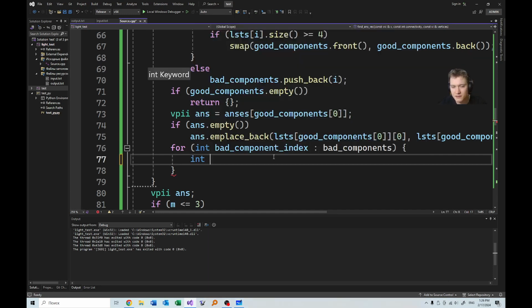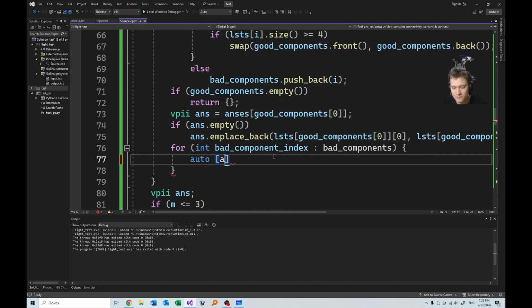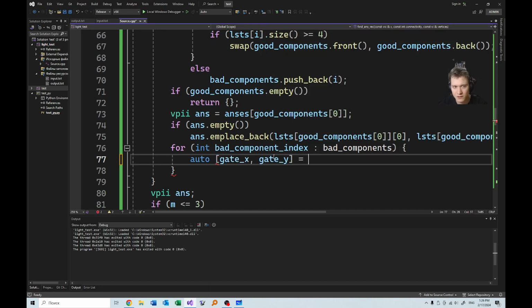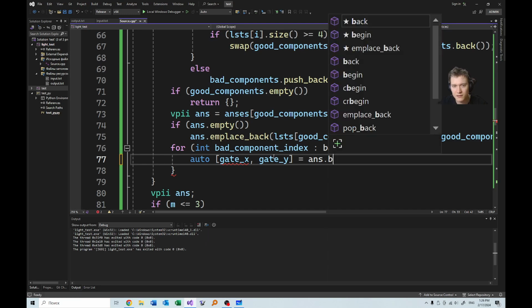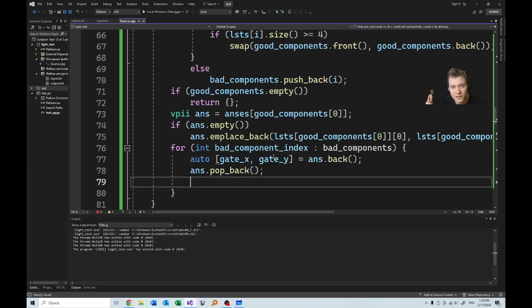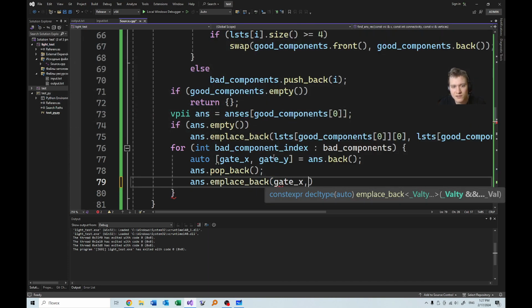So let's make a gate equals ans.back. Then we ans.pop_back. Then we have a bad component here. So what do? We add two edges. So we say ans.emplace_back gate x and